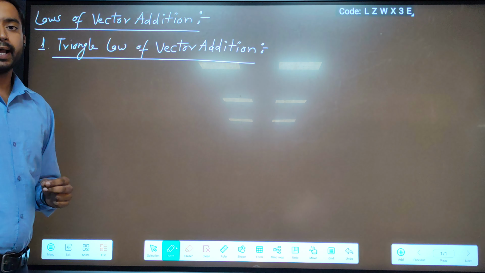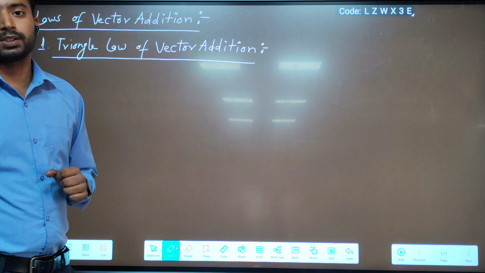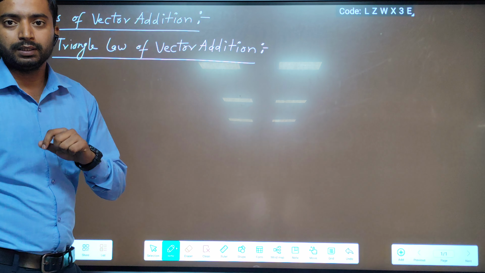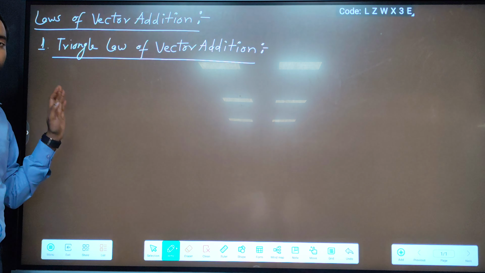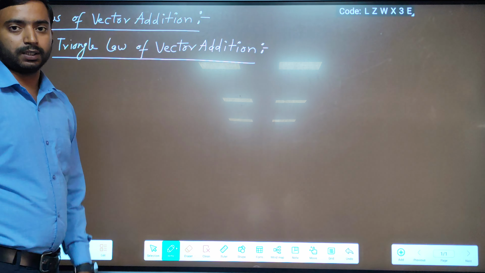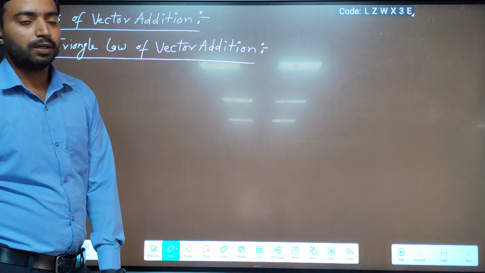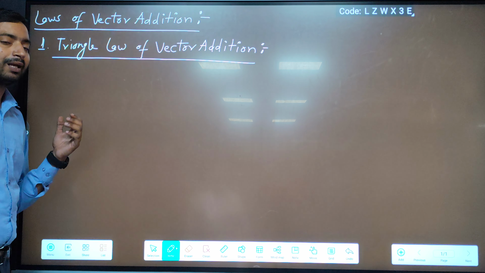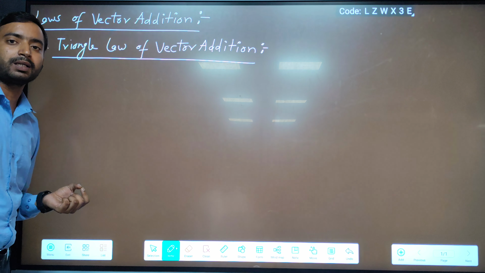Students, to add or subtract two vectors, we have two or more vectors. We have three basic laws of vector addition. The first is the triangle law of vector addition, the second is the parallelogram law of vector addition, and the third is the polygon law of vector addition. But in this class I am going to cover the very first law, which is the triangle law of vector addition. So let's see how to use the triangle law of vector addition to find the resultant of